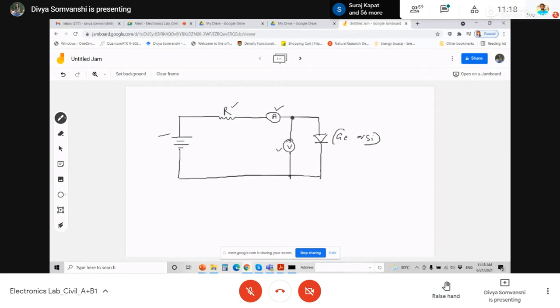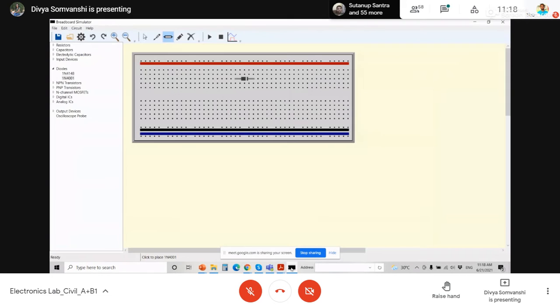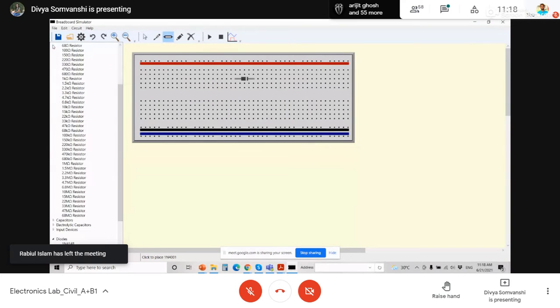Across the two terminals of the diode, I have to apply a voltmeter, right? And this is our battery terminal and this is our resistor. So I am going to put a resistance in series with that. I'm just taking some random value. This is your carbon resistor. The way I am putting it virtually, physically we also put like that. We have two holes, we just put the pins in the two holes. So this is your diode, this is your silicon.